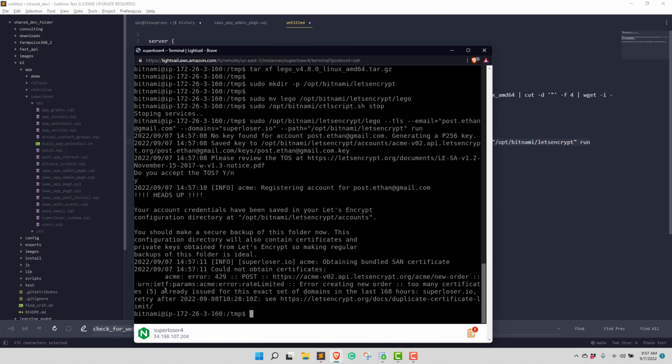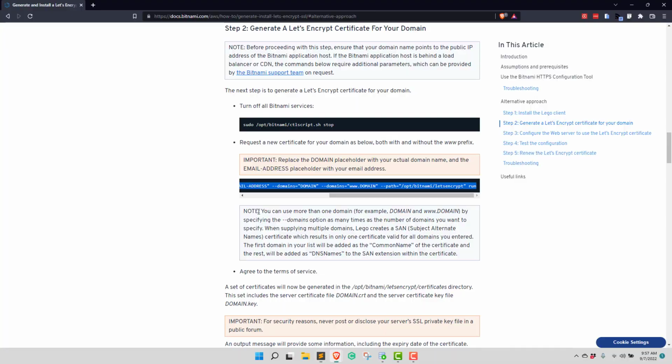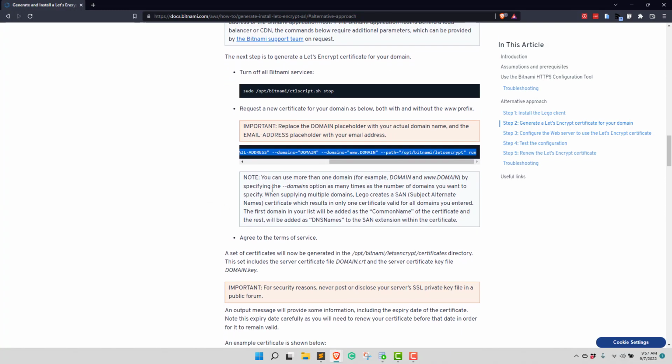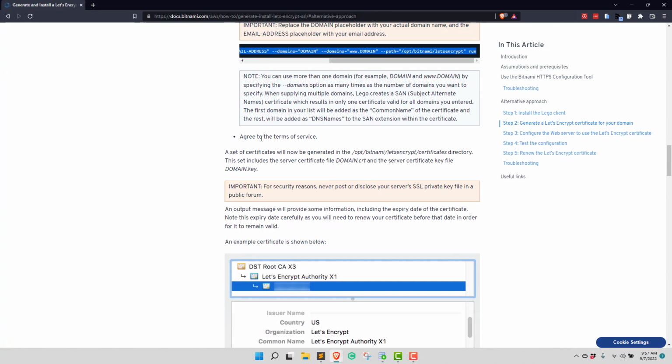Could not obtain certificates. Too many certificates already issued for the exact set of domains in the last 168 hours. Oh, bummer. Bummer, bummer. Okay. Well, that's what I normally do. I go back to the article. This does work. So we go back to the article, and